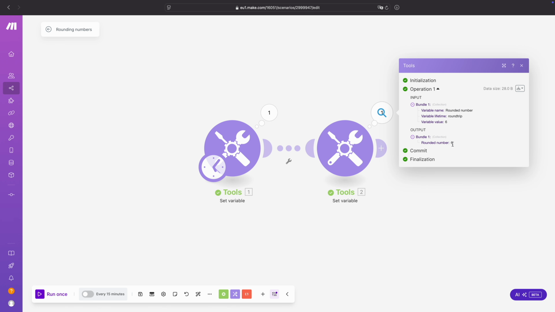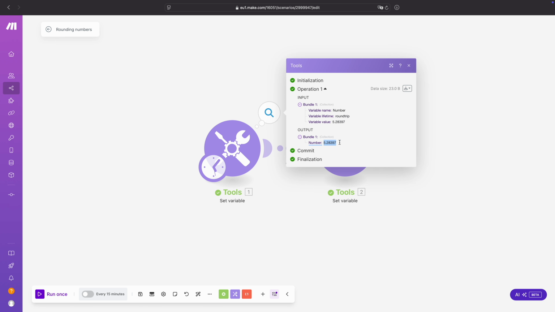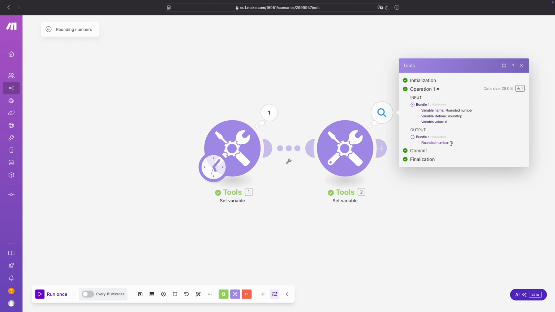And then you see now that it returns 6 because the nearest whole number that is bigger than this number, so not smaller, bigger, is of course going to be 6. So that is how you round a number up or down. So either just to the nearest whole number or specifically to the number above it or below it basically.